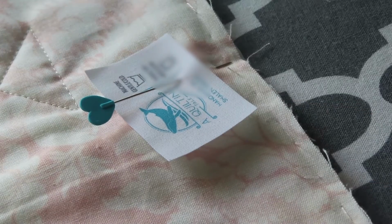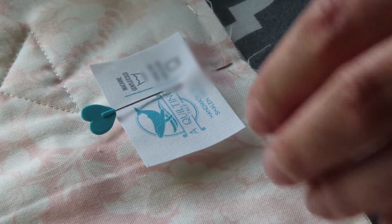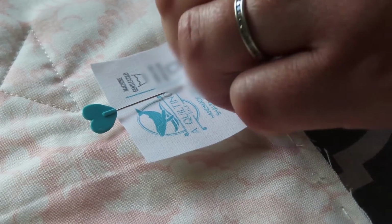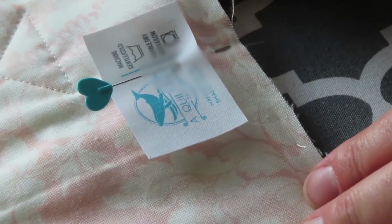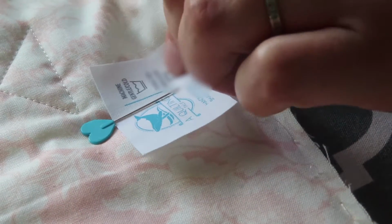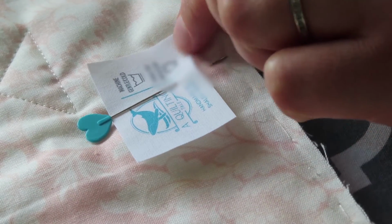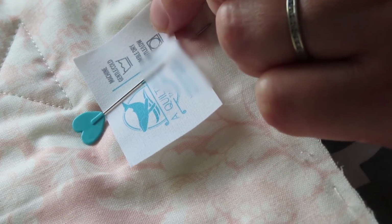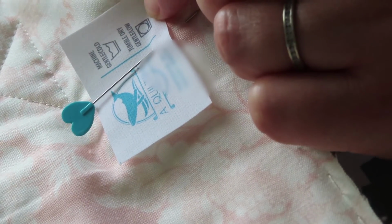And now when you're sewing on a quilted top, you have to be careful not to go through all 3 layers. I just want to go through the backing and batting. And so I actually took out the basting stitches, and so there's a little bit of room. I can get my finger under here in between the top and the batting, and that's part of why I'm putting this closer toward the bottom, just so I have that room to work there. So I'm going to start by going under the batting, just making sure I'm not going through the whole thing,